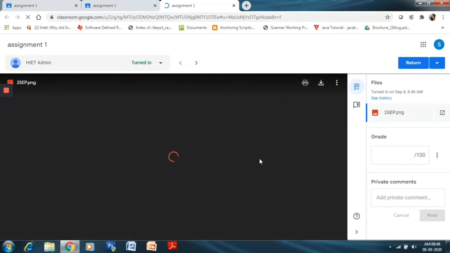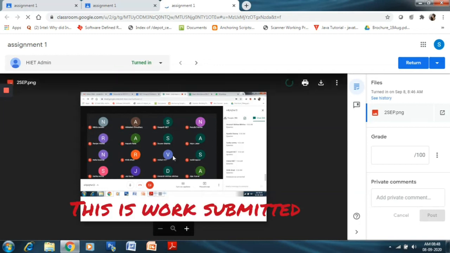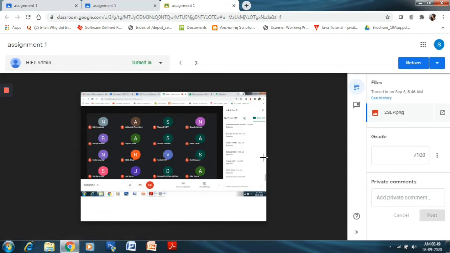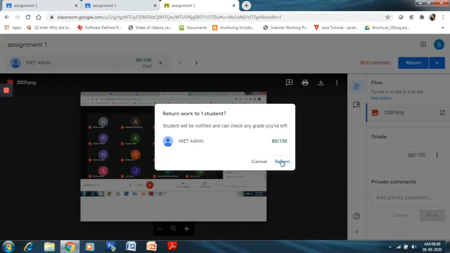You can evaluate it, and you can personally add some comments on it that this area wants some improvement and something else. This is the work done by students, so you can zoom it, you can evaluate it, you can print, and even you can download it. That depends upon you. From here you can add the private comments to give some suggestion to students, and when you are done, you can simply mark it like this and just click on return. So you want to return this student the 80 marks out of 100. So just click on return and you are done with evaluation of this assignment.